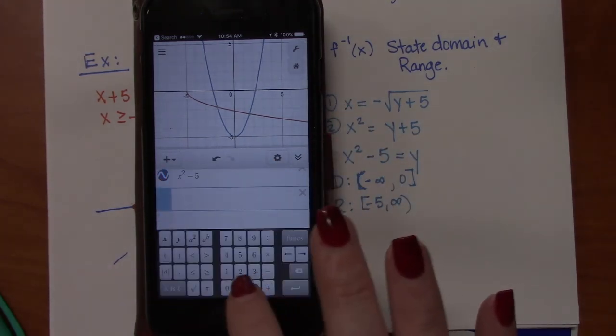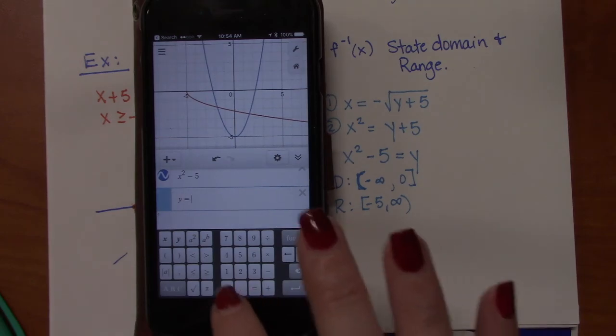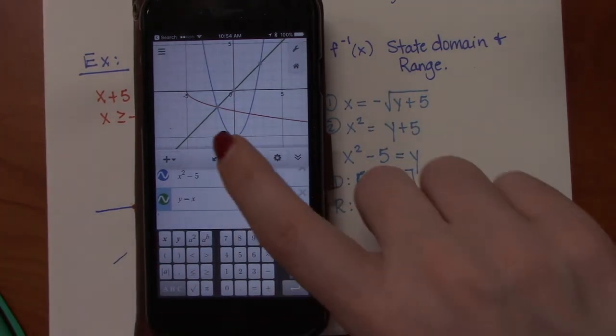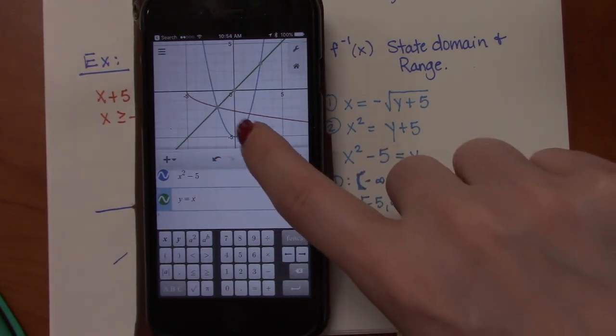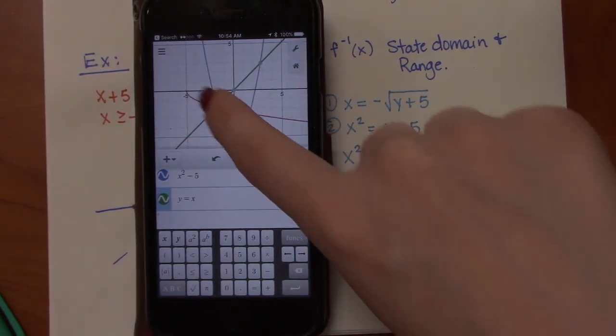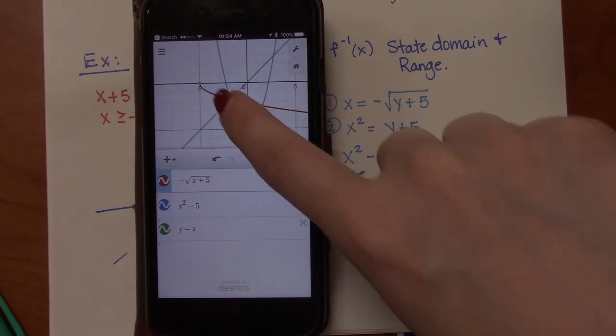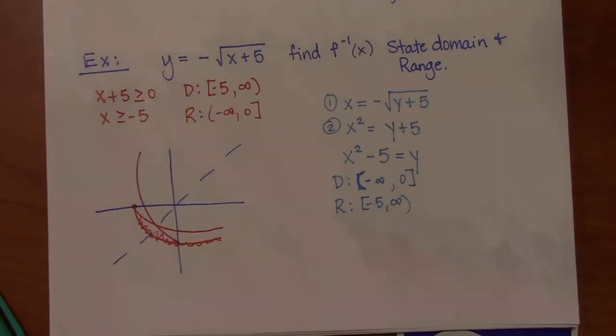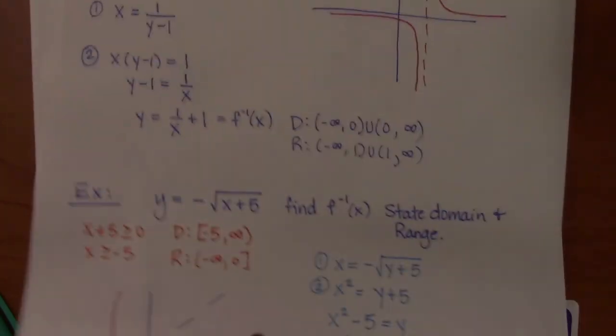Also, if you were to add a third function in here, let's graph y equals x, right? You'll see that whenever you're working with inverses, you always get the mirror image around that line. It should always look like it's reflected over that line, and that's how you know that you've graphed your inverse right. So I want to sum up